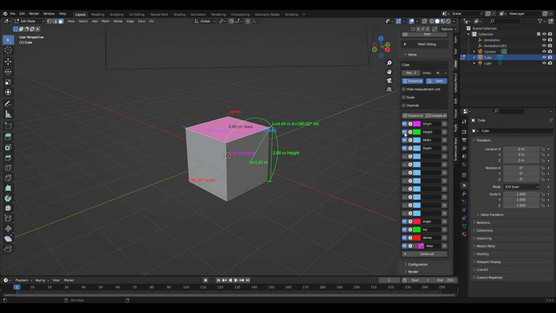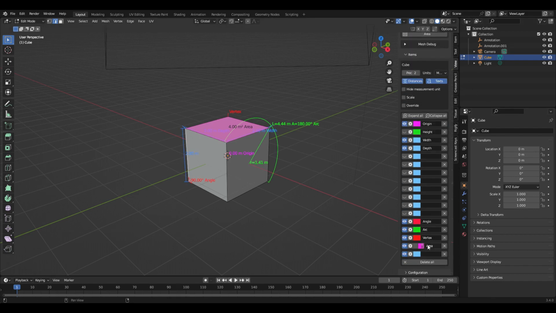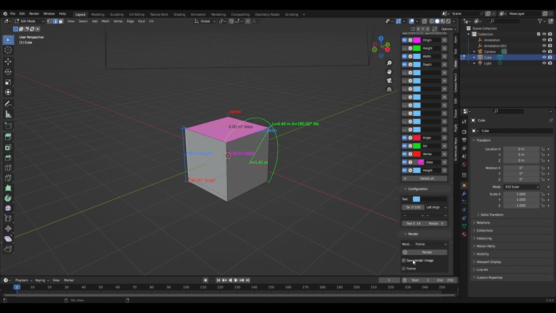You can turn all those on. And the height is kind of in the way, so if I choose another one, and then I click that segment, and then name that one height, then it's not in the way. I guess the width is kind of too, but... And then, let's see, down here, configuration, I really haven't figured out what that affects too much. But now down here, the render, if you want to render a frame,